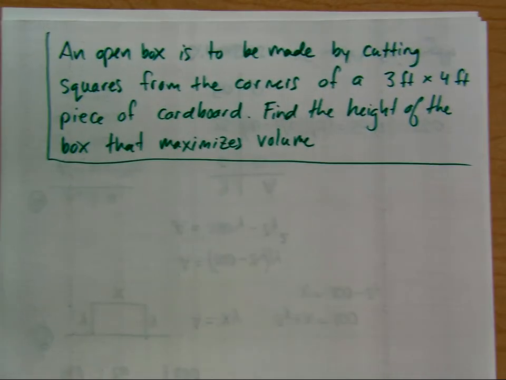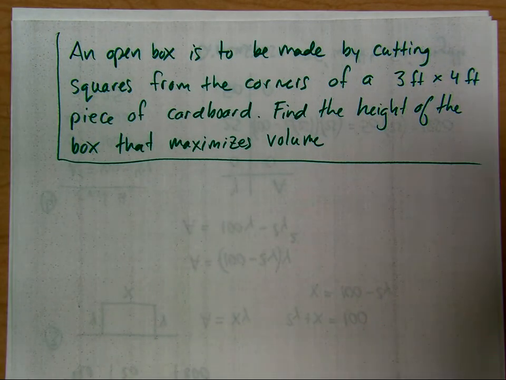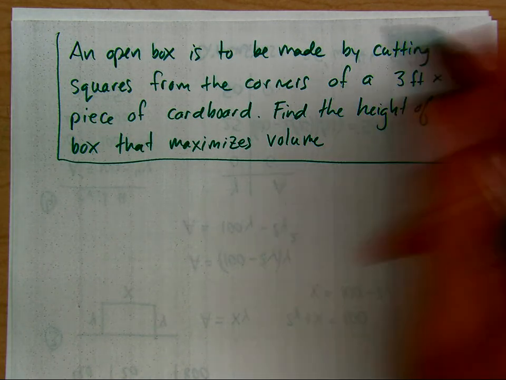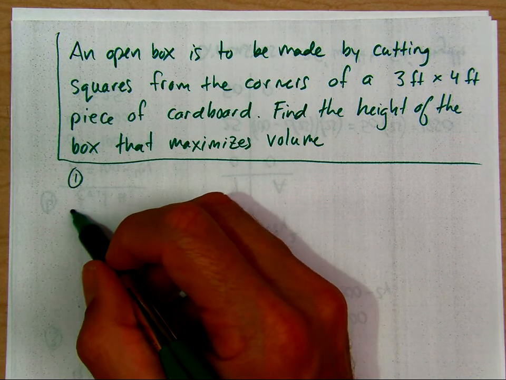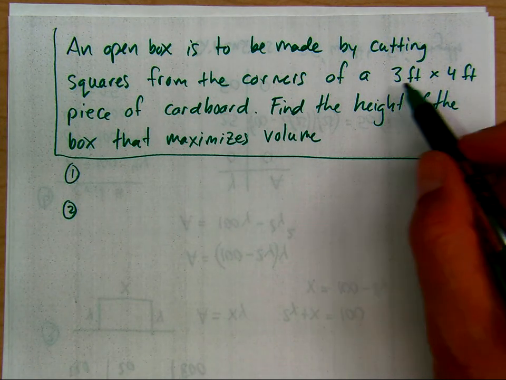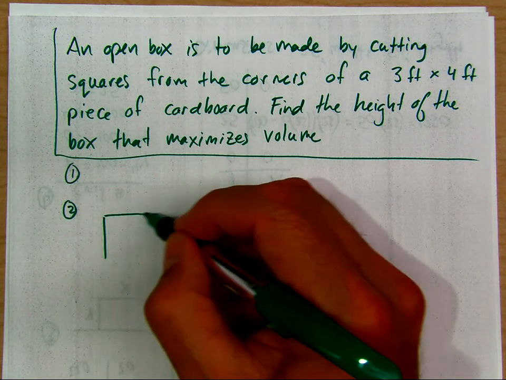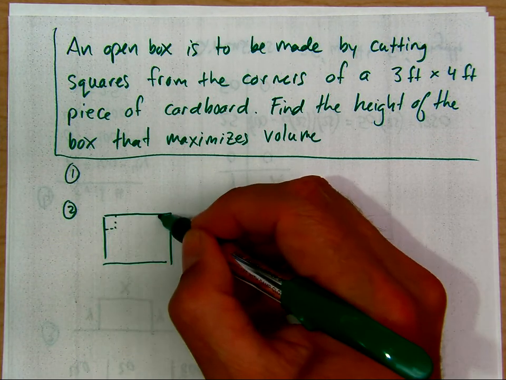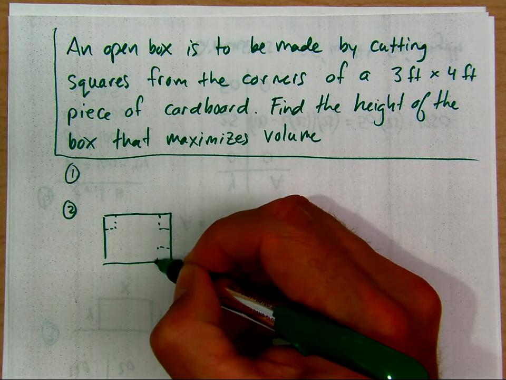Okay, you should try this on your own. Let me just write down what's happening here. We have step 1 you can do on your own. Step 2, I'm just going to help you visualize what is being described. We have a rectangular piece of cardboard, and then if we cut out the corners, it would allow you to